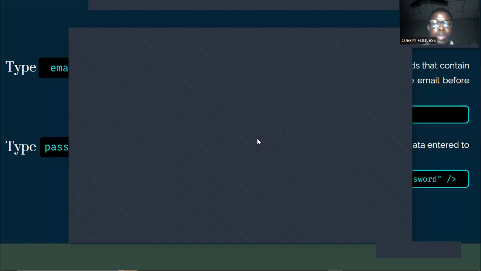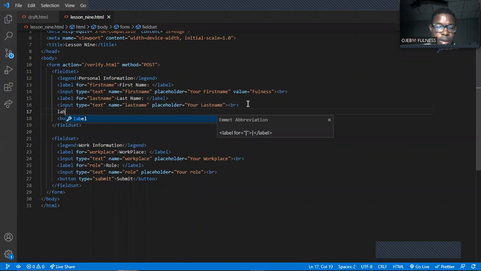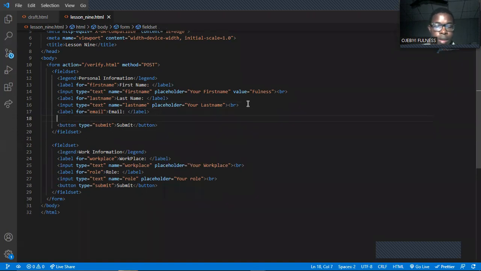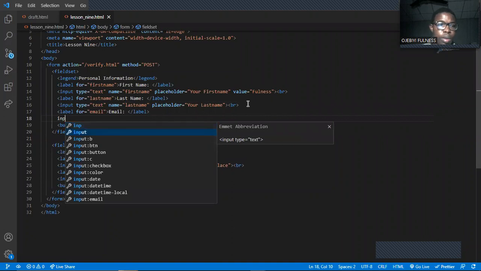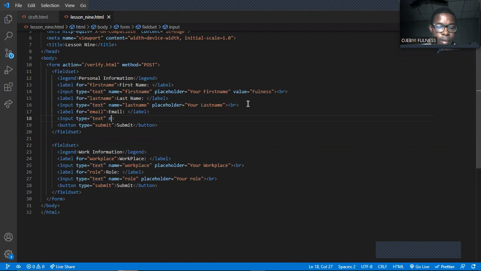okay, we need to create an email then. Okay, so now I have a label, and then this for email. So email, and then we have input type text. I imagine I want to make an example for email, and I'm putting type email, name email, and placeholder your email. So I'm not going to give that a value. So when we go back and reload,